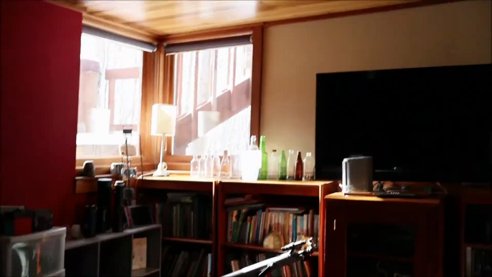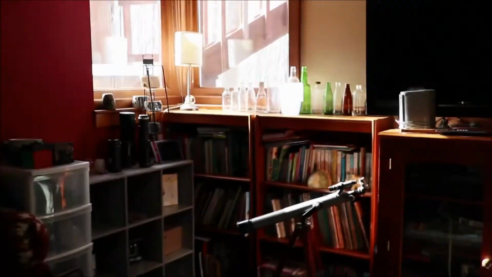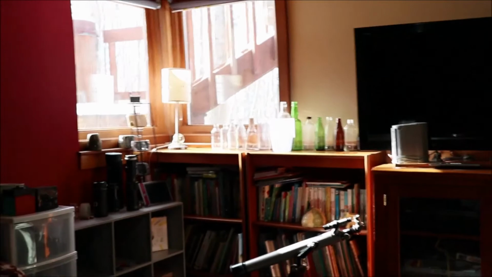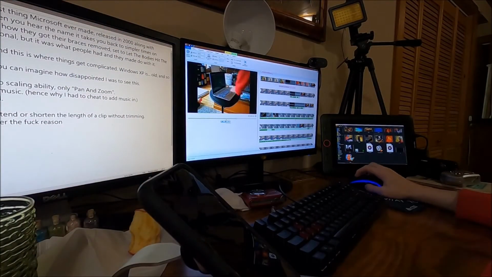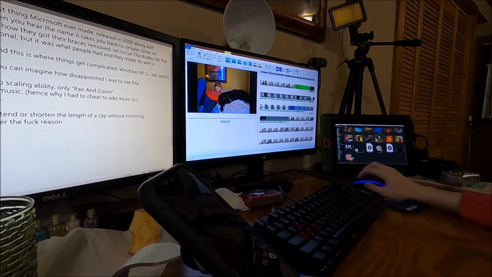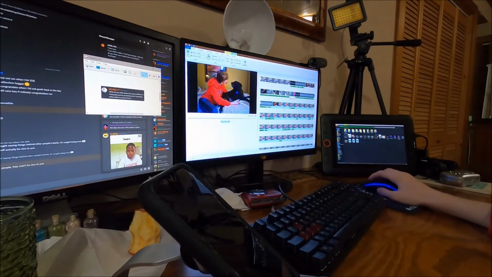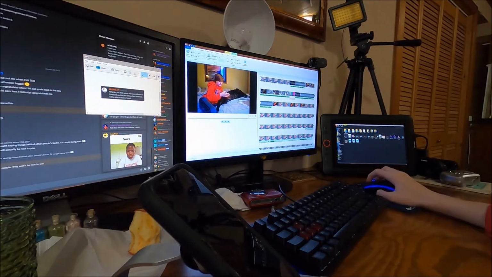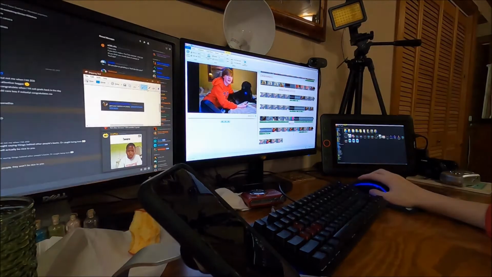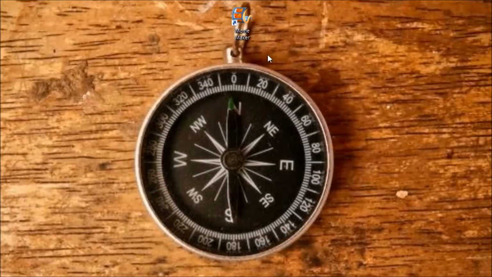Here's a clip without stabilization, here's a clip with Movie Maker stabilization, and here's a clip with stabilization and wobble correction. Honestly, I was surprised that I was able to make anything with this software. I thought it was going to be just as simplistic as the new Microsoft editing software, but it actually has a lot more flexibility. It's still not as good as professional software, but I was relatively pleased with how much it could do. I like it, and just to show my appreciation for it,